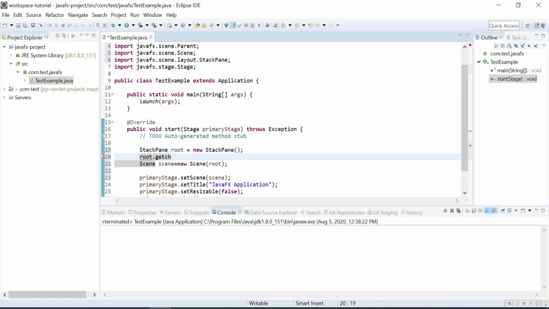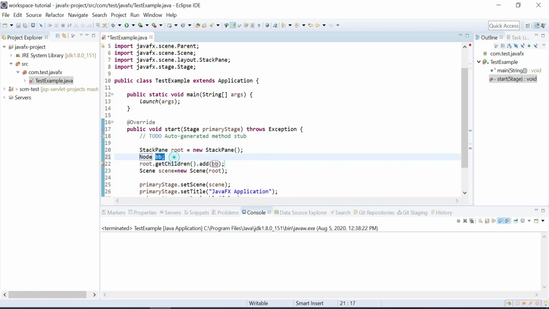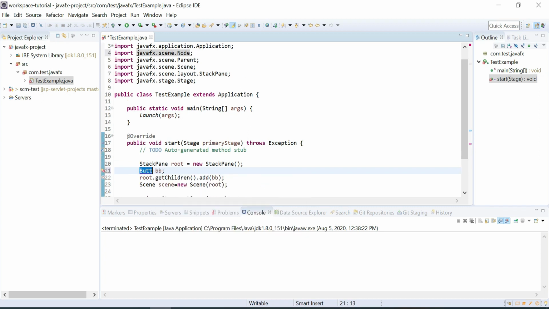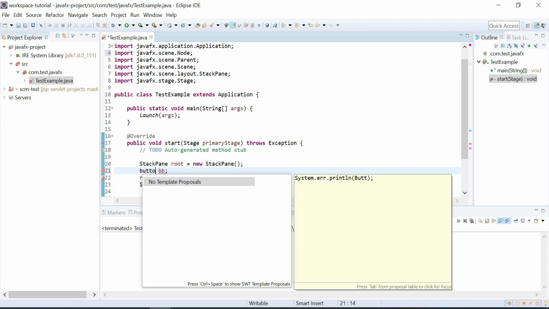The getChildren method will say which nodes I can add as child nodes for the StackPane. Nodes are nothing but a text label, text field, text area, button. So here I'm going to create a button node, so I can show how the button appears in the StackPane. Button bb is equal to new Button.